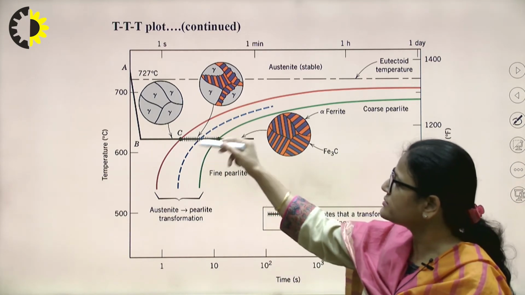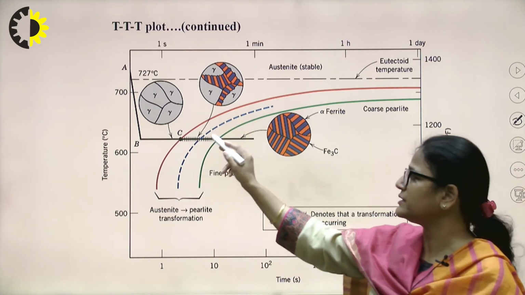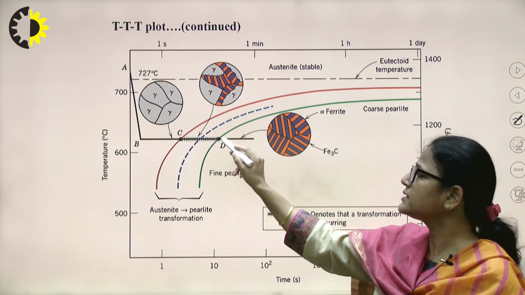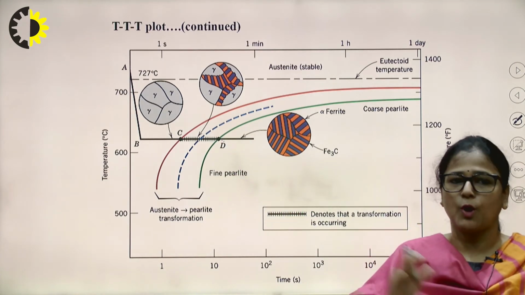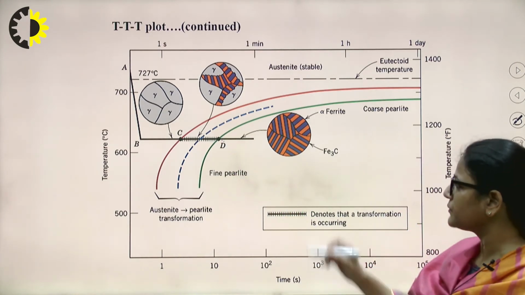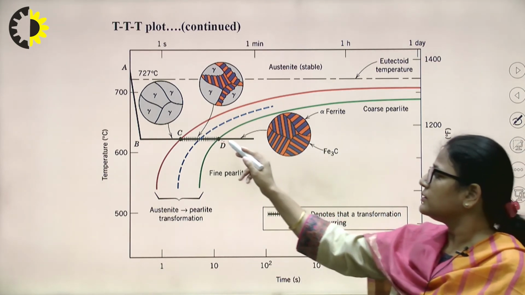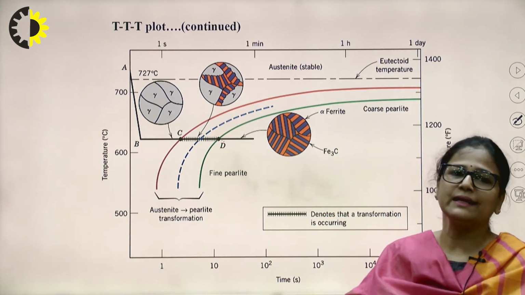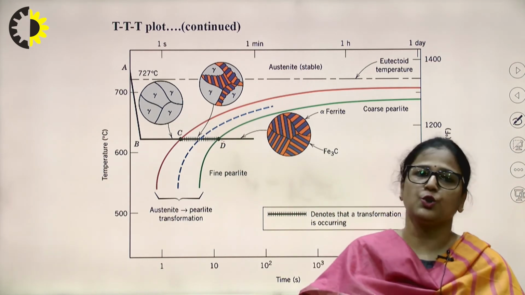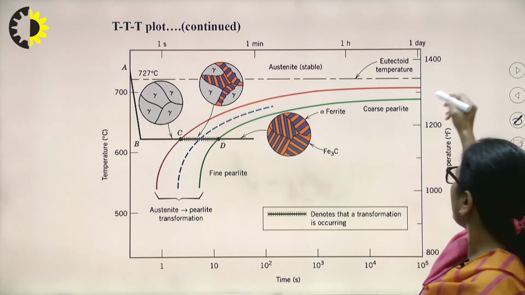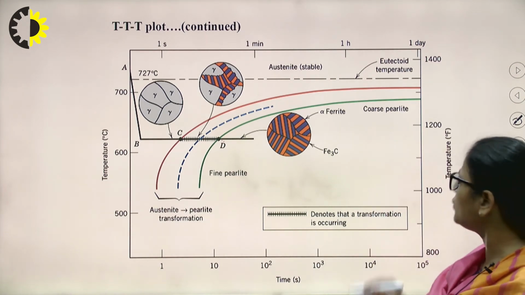This dashed line is showing the transformation completion, and up to this dotted line, transformation completes up to 50%, and at this green curve, the dots represent the 100% transformation from austenite to pearlite completed. On the right side of the green curve, the phase is completely pearlite. So the ratio of thickness of ferrite and cementite is about 8:1.